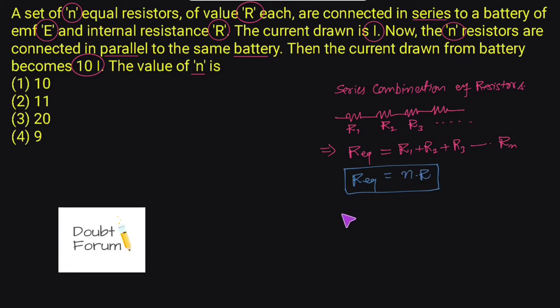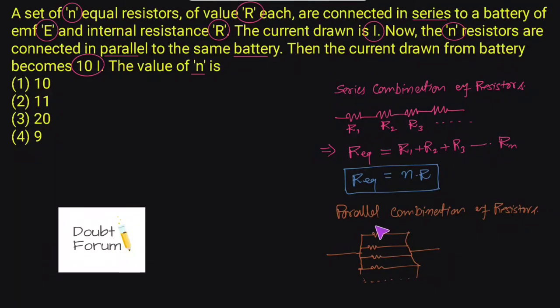Now let's take the parallel combination. In parallel combination of resistors, we connect one end of the n number of resistors together and the second end of the resistors are connected together. How? Let's make a diagram. Suppose this is a resistor, and if we have n such resistors, we will simply take one end of these and connect them together. Similarly, the second ends we will also connect together. If there are n such resistors, we can connect as many as we have. If this is the combination, we call it the parallel combination of resistors.